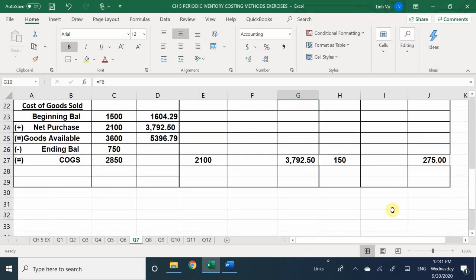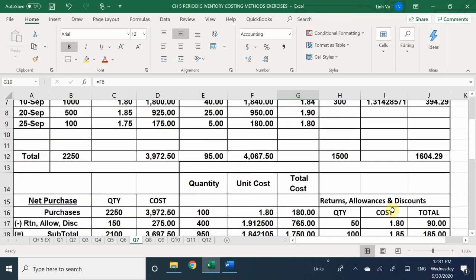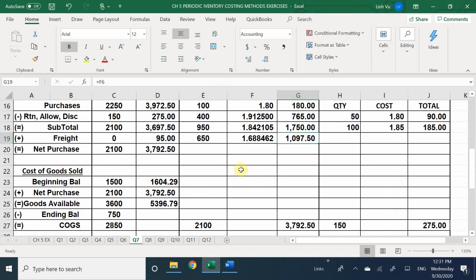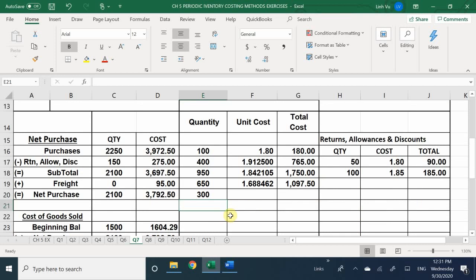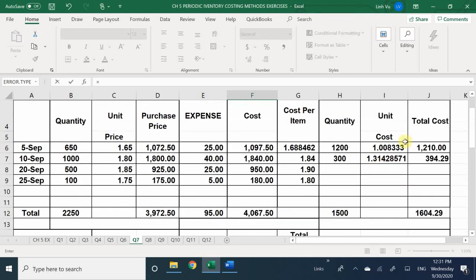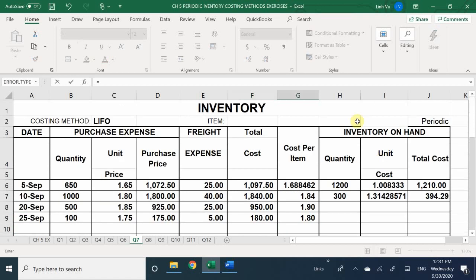If we sold 2,100 and we need to get to 2,850, what do we know? We're going to take the full 300 from our batch here. Okay? Which means we are going to take the whole thing and don't need to calculate that. So that's going to give us a total of